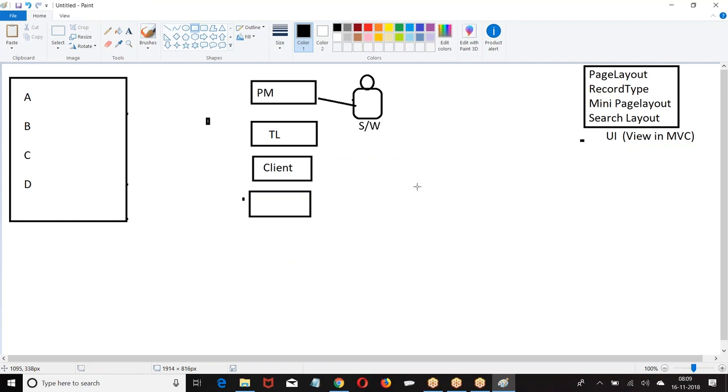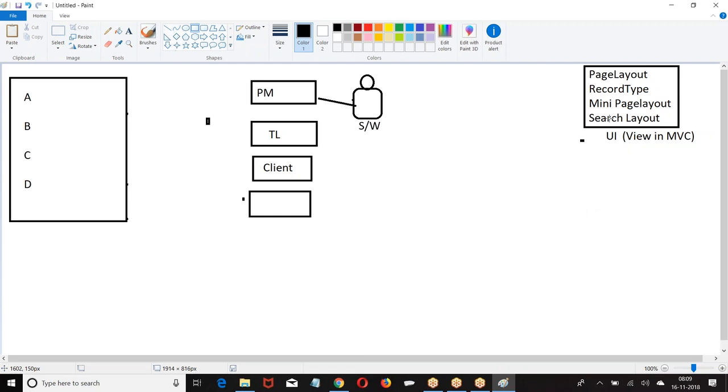How you behave, how you show the table, how you show the table in different styles, in different contexts of the application. How the object will be visible, how you can see the object. That will be search layout. In different contexts, different places, how the UI is going to be. The same object, how it is displayed in different contexts of the application. That is your search layout.